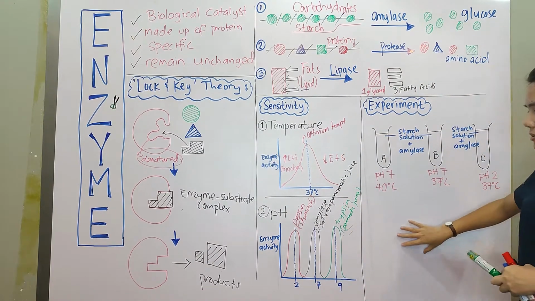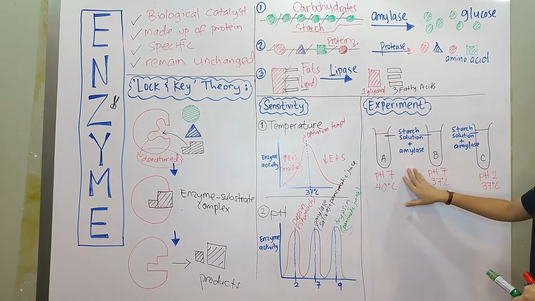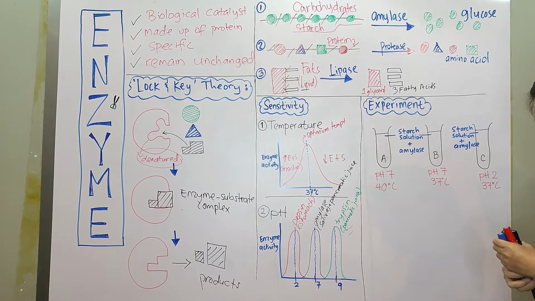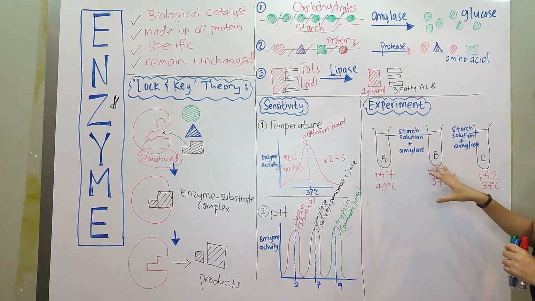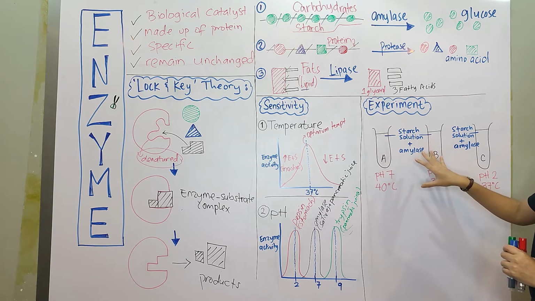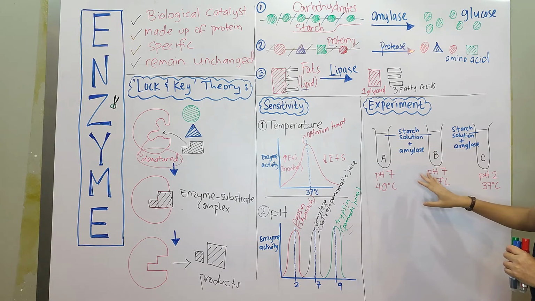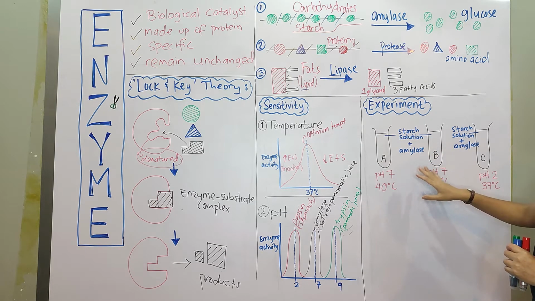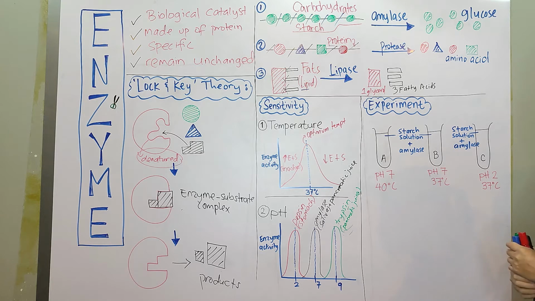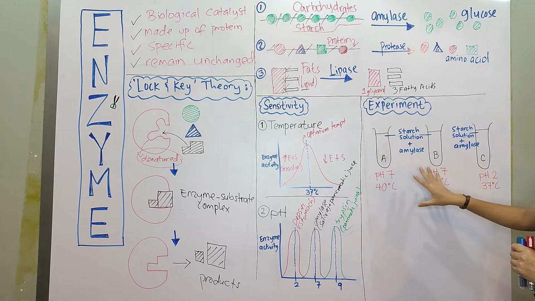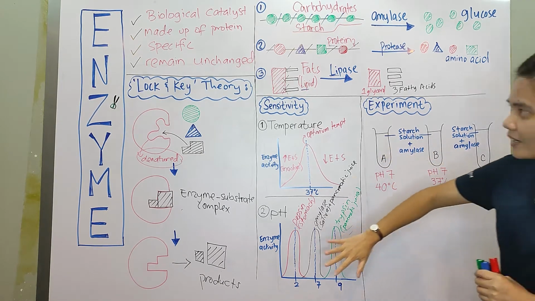Nice. Now the last one, the experiment. Usually in paper 2, students always skip this question, and I don't know why. Well, I was a student before, and of course I skipped this one because it looks scary. You don't want to think about the question, so you find the easy question. But after my O-level, I realized that this type of question is very easy to get marks. So try and read the question, because the answers are from this.